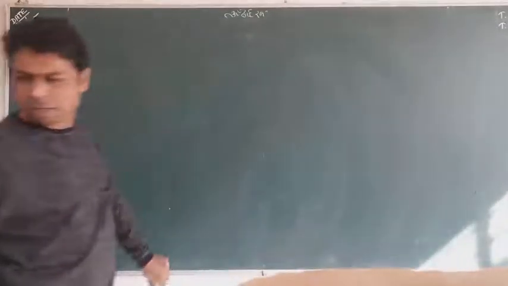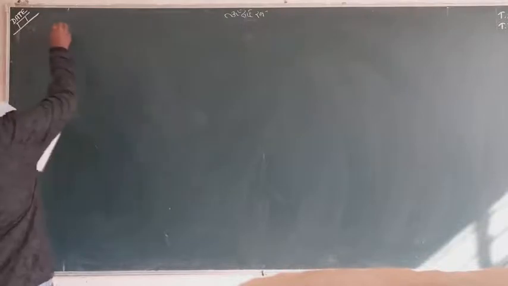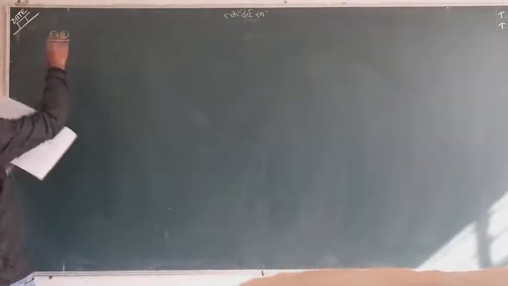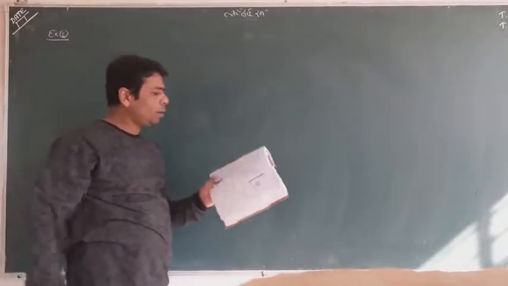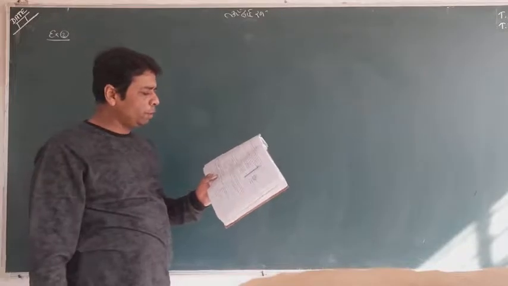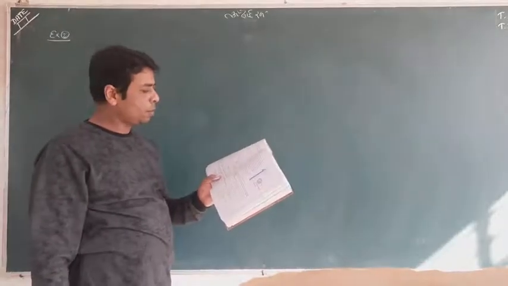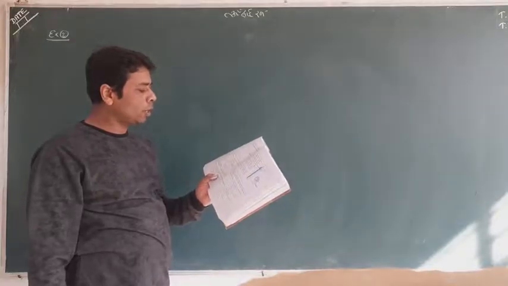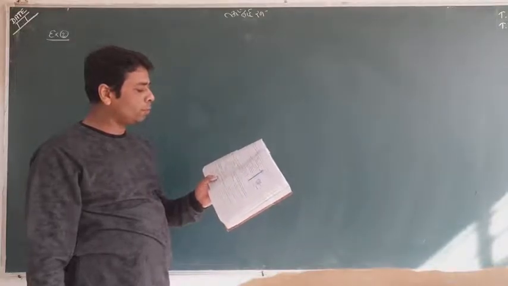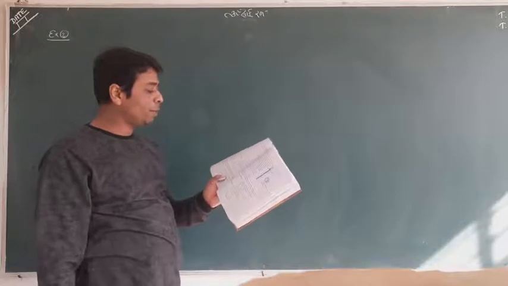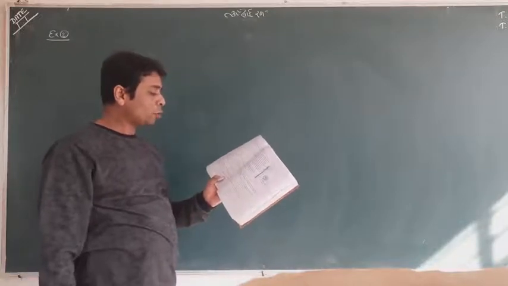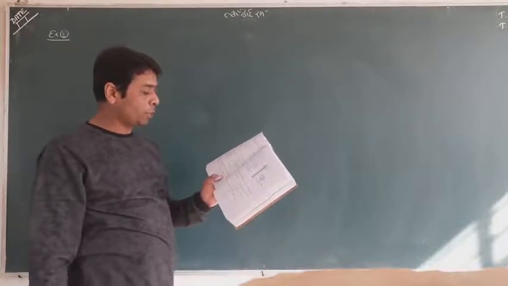So I'll go with the second example I wish to tell you. Example number 2. The decorative block shown in a figure are two solids, a cube and a hemisphere. The base of the block is a cube with an edge of 5 centimeter and a hemisphere fixed on the top has a diameter of 4.2 centimeter.